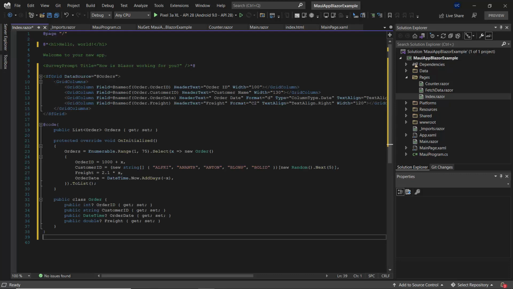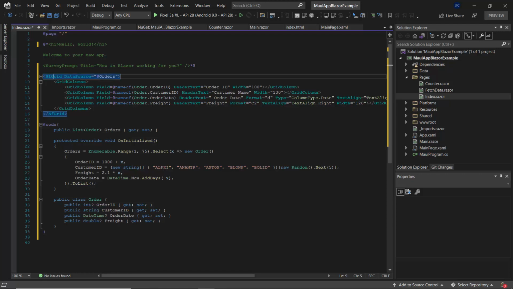So this code I have copied from the getting started page, documentation page of SyncFusion Blazor Grid component. So you can get this code from the same documentation page. So here you can see the SF grid provided with data source.